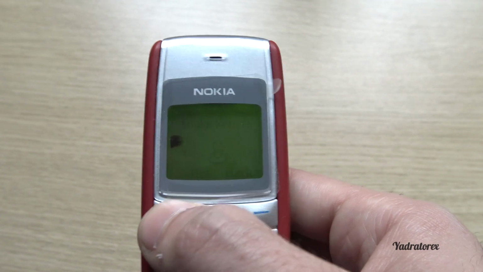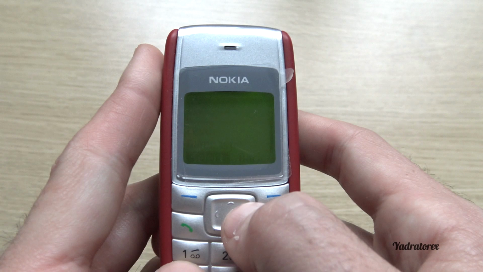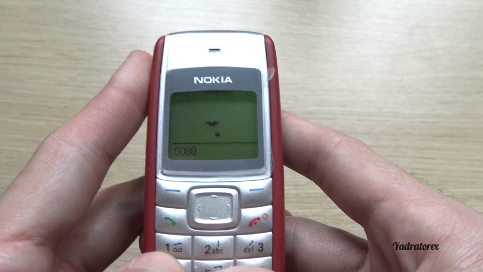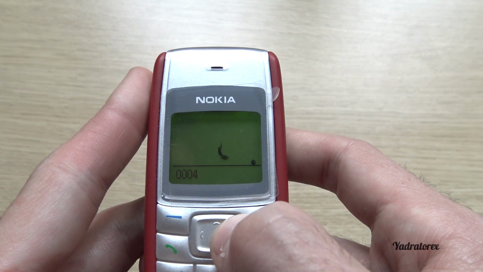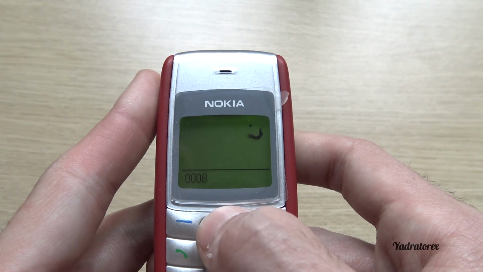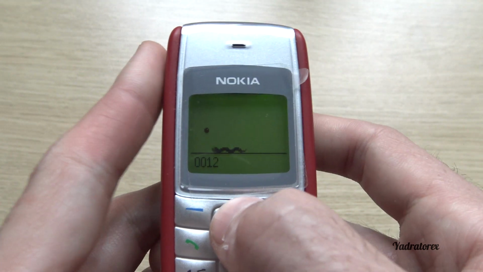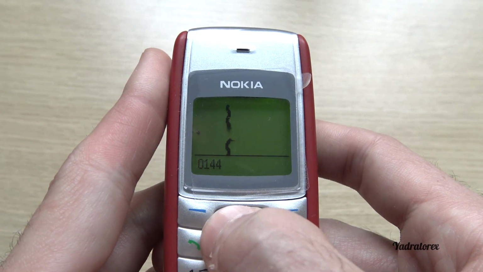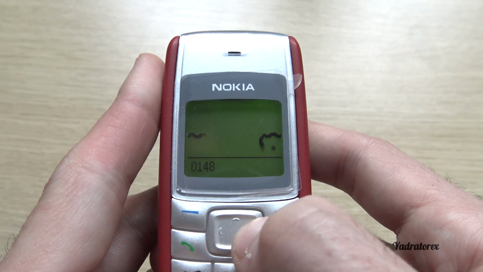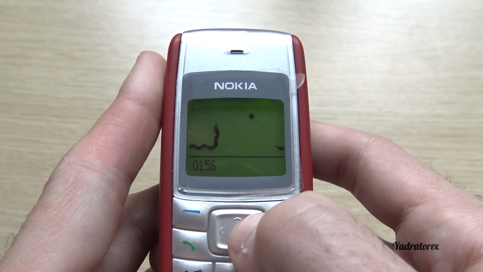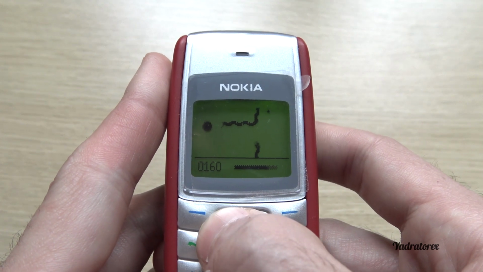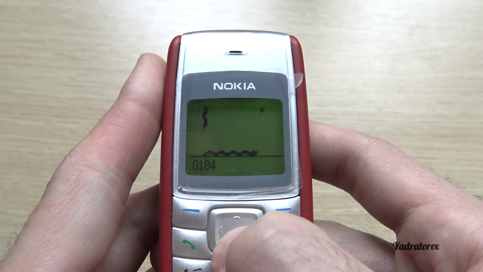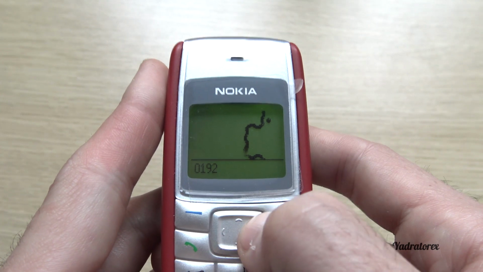The Snake Xentia. Let's try it. Okay, that was my example, nothing much.